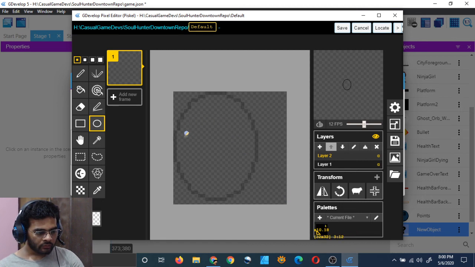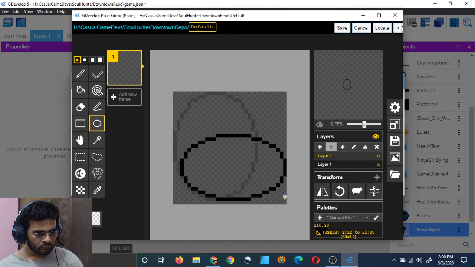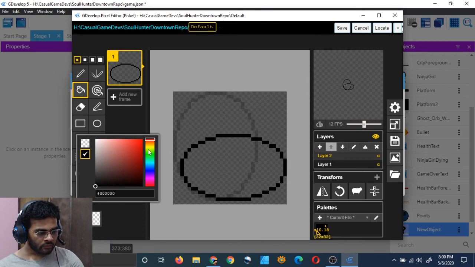I will add a coin which is at its side. Yeah. And coins are yellow in color because they are golden coins.